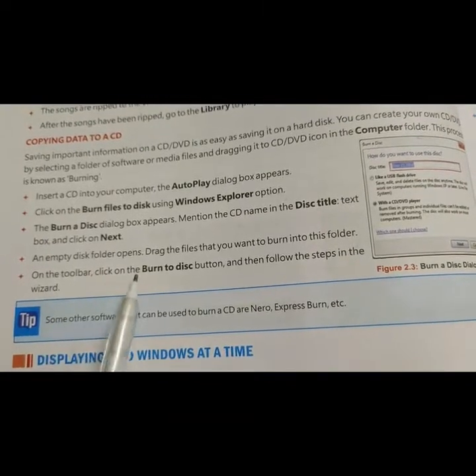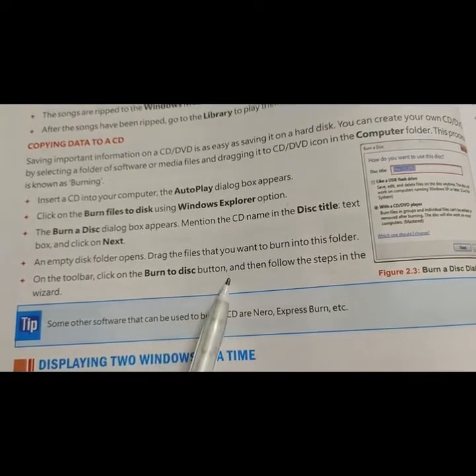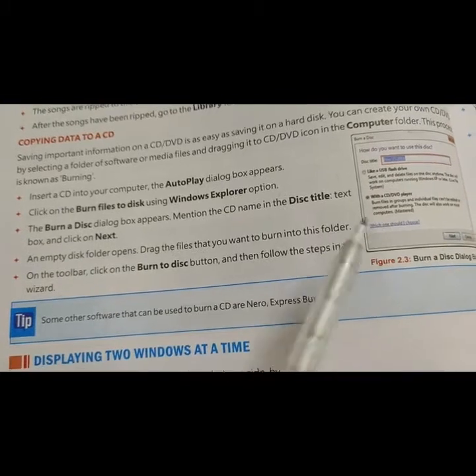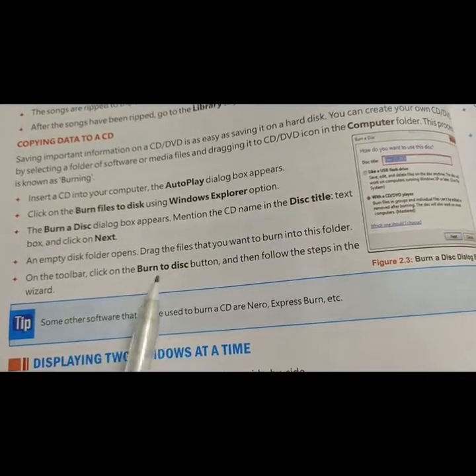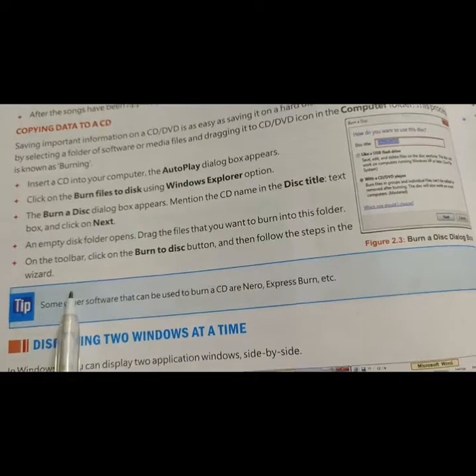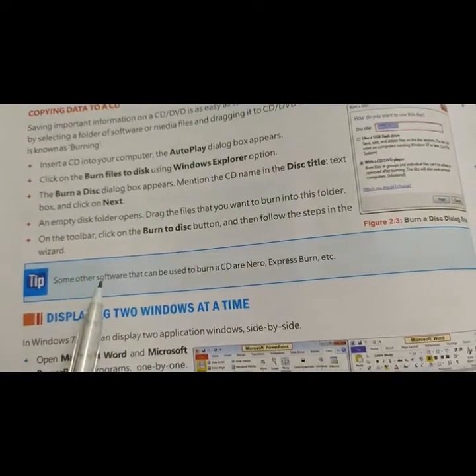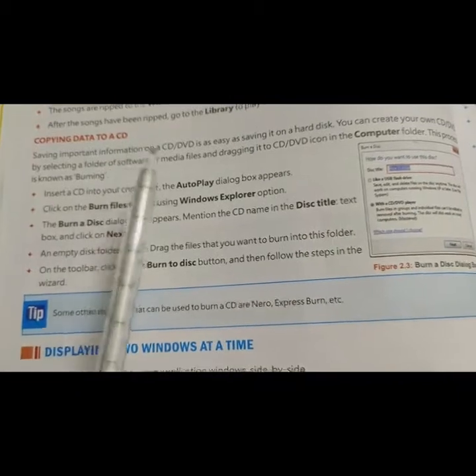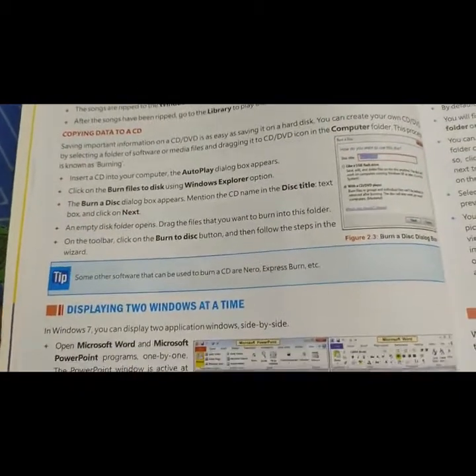On the toolbar, click on the Burn to disc button, then follow the steps in the wizard. So this is the process to copy data to a CD.